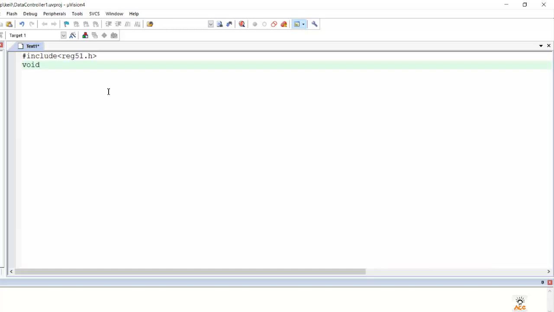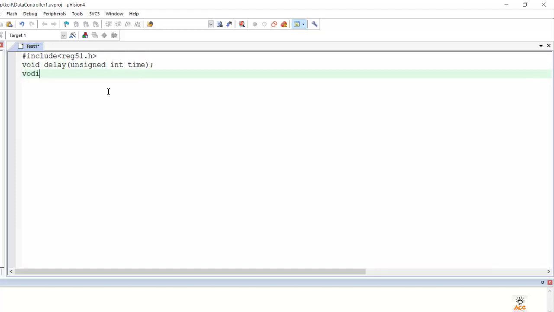Then we'll declare a delay function and pass an unsigned parameter variable as time. Then we have our main method, void main, and in this main method we pass a while loop, while(1), which means this loop will run infinite times till there is no interrupt.